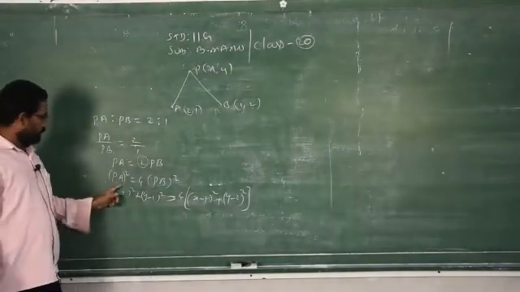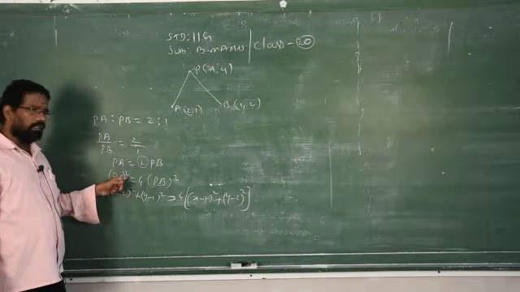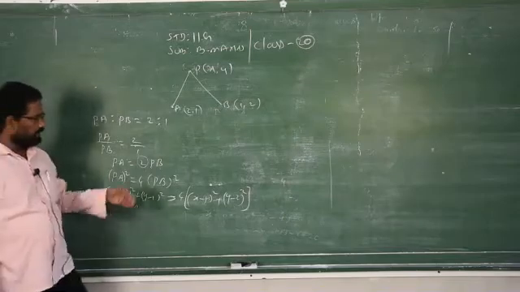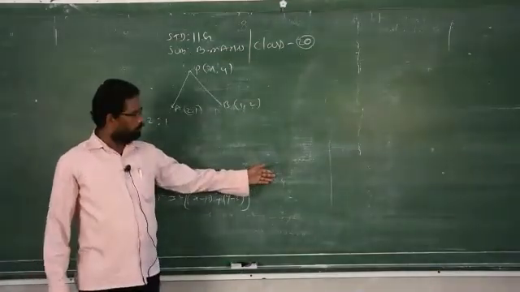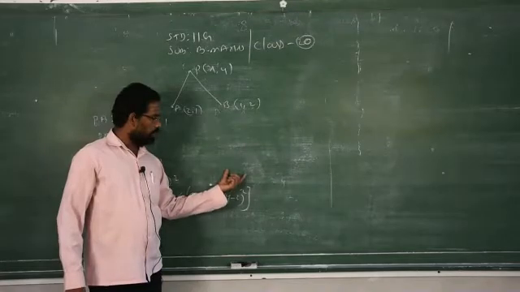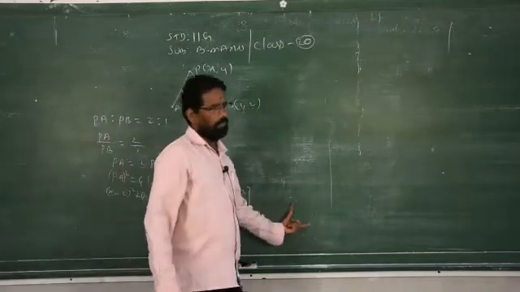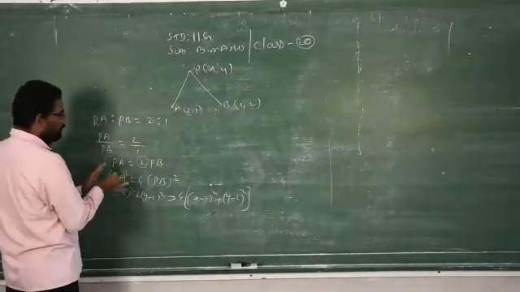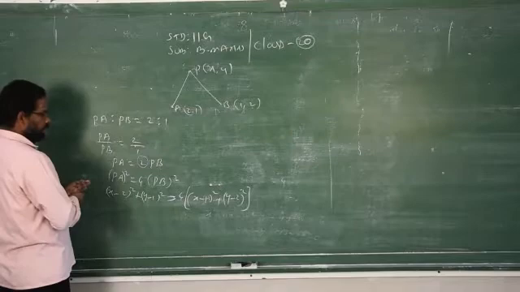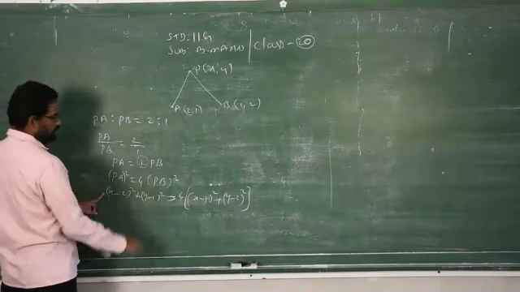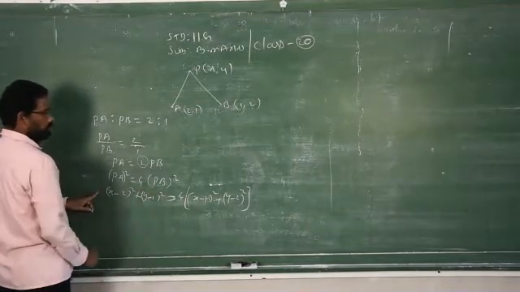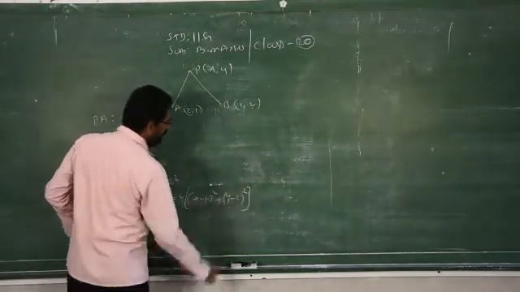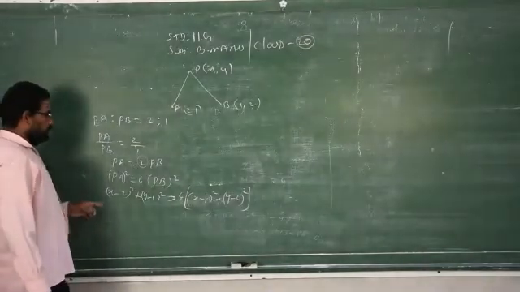Here I did not use a square root, because square and square root get cancelled. That is the advantage of squaring on both sides. I just explained sum number 2. Without squaring on both sides, you can also proceed with the square root. But here I am doing the problem with squaring on both sides to avoid the square root in the distance formula. Even if you apply the square root symbol, you will get the same answer. There won't be any different answer. Clear? If you keep the square root also, you have to square on both sides.